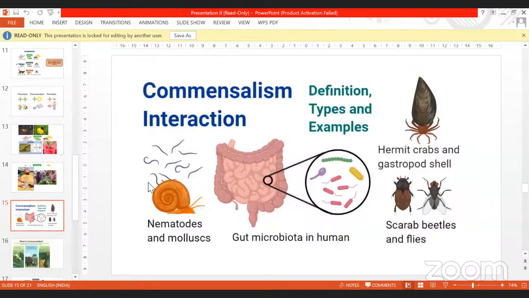Then if we talk of the other aspect, that is commensalism. What is commensalism? Have you been to the seashores where you've seen hermit crabs? They are these small, very small crabs. In order to protect themselves, they take shelter in the gastropod shells, or the shells that are abandoned because the organism is dead. Those abandoned shells are occupied by these crabs, and this is why they have been given the name hermit crabs.